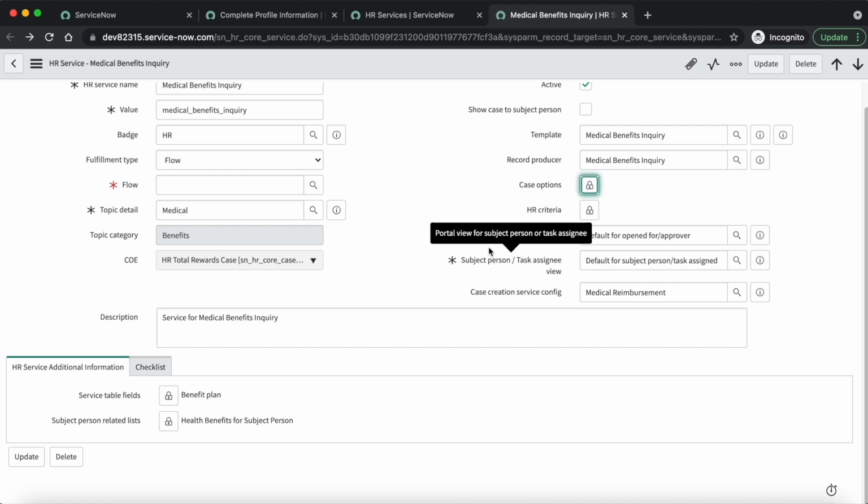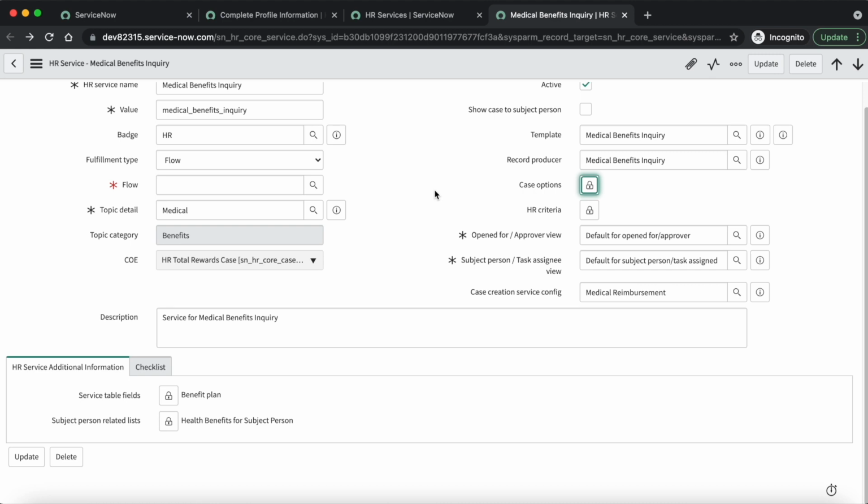Now we have an open for and approver view field. This field provides configuration of the HR ticket page header for the approver or open for user. In simple language, it defines how you are going to display the HR ticket page header on the portal to the approver or open for user.